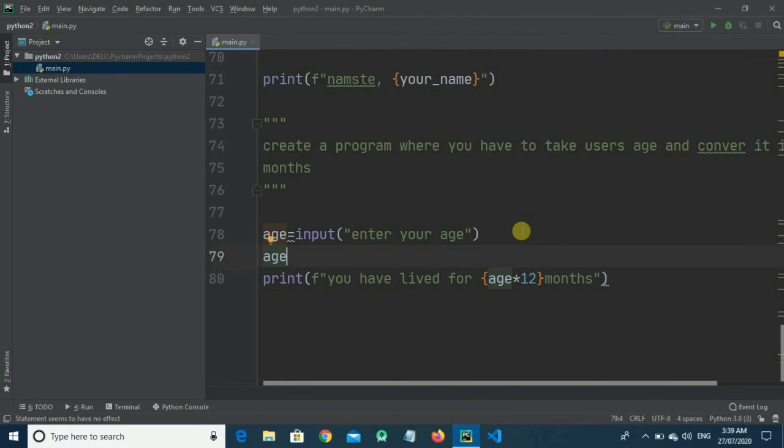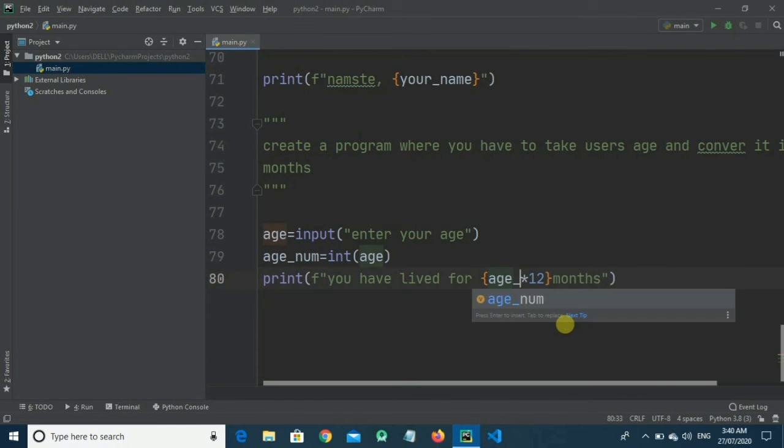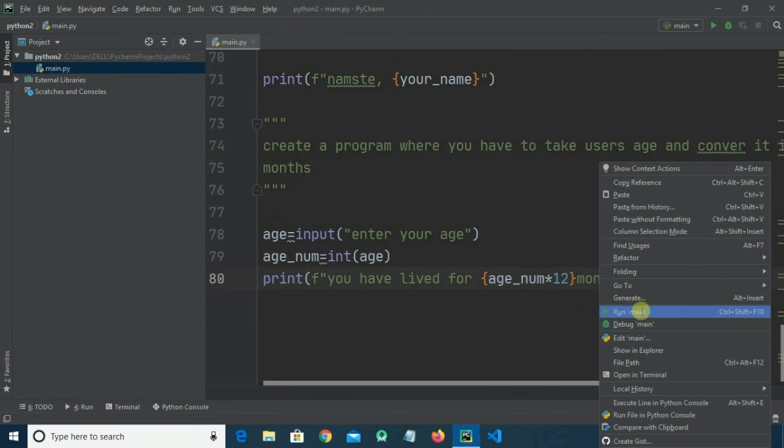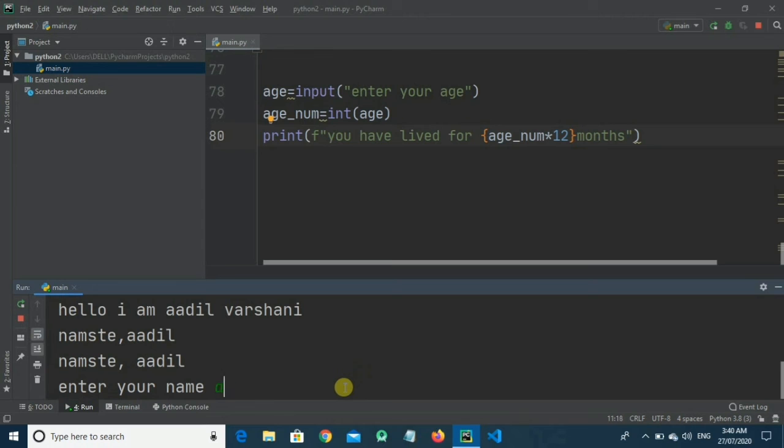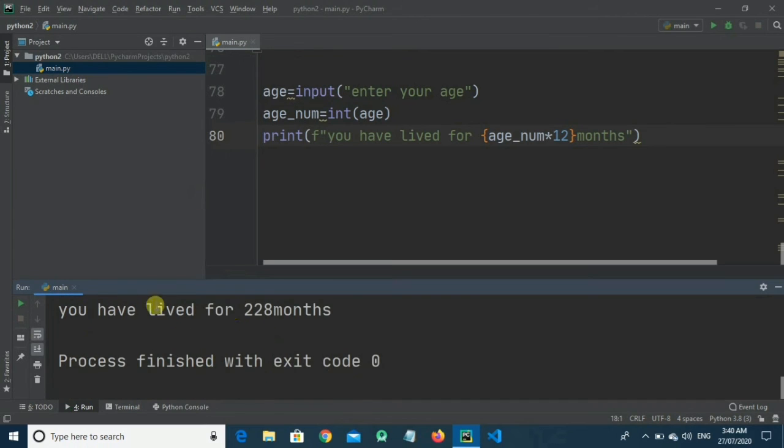So let's add age_num is equal to int function, in brackets we'll use age. So we'll use age_num into 12 rather than using age. Okay, now we'll run our program, name Adil, enter your age 19. See, I have lived for 228 months.